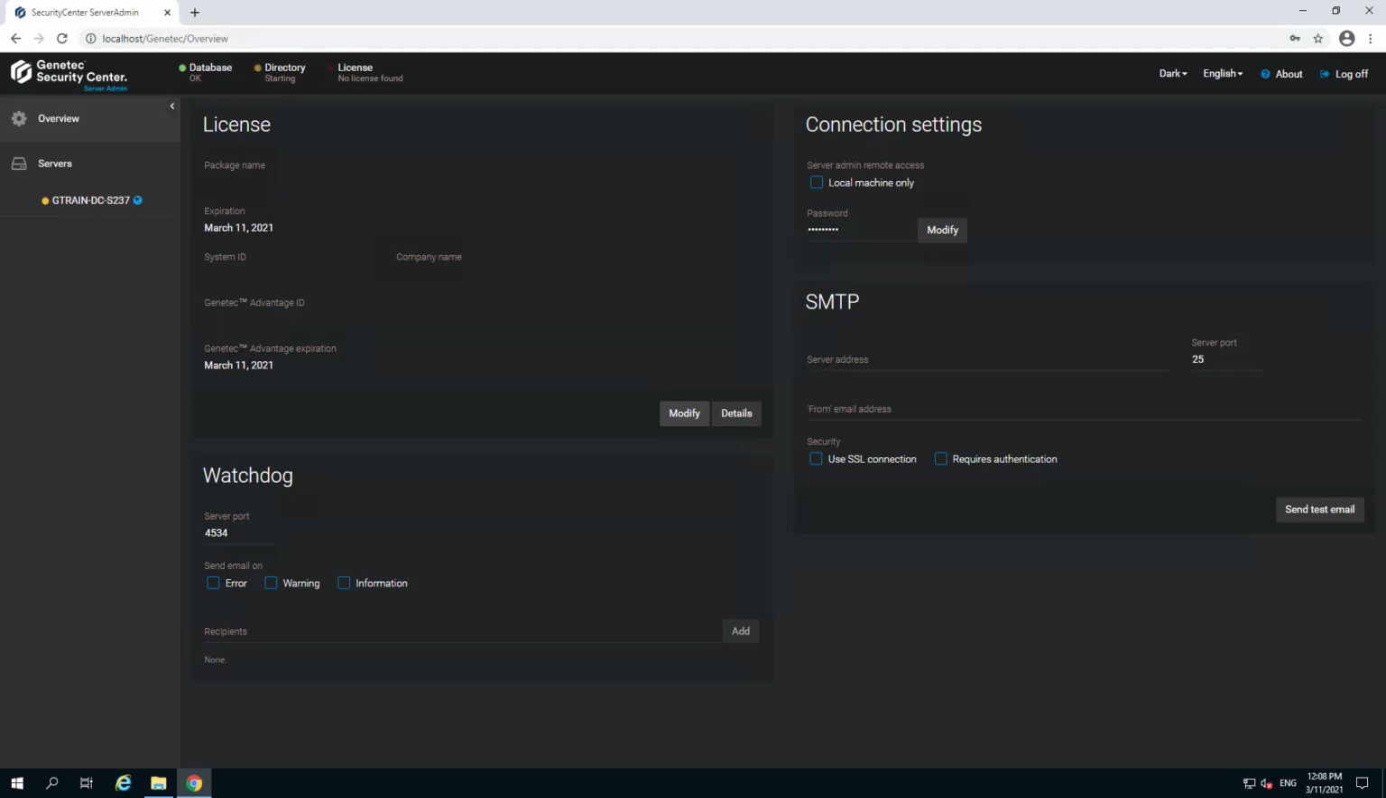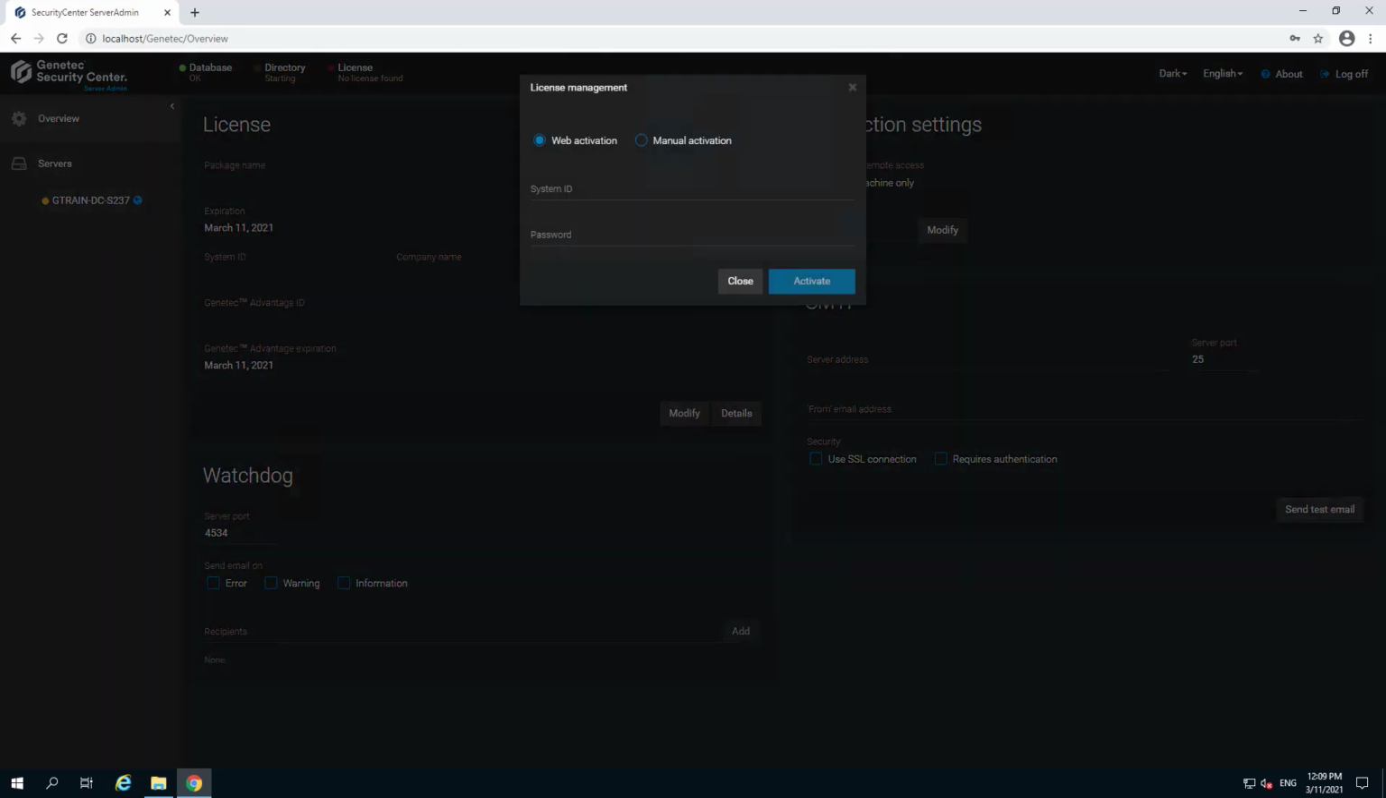Back to our newly installed server. So under the server admin's license section, I'll click modify. And if the server has an internet connection, I can use what's called the web activation to simply paste the system ID and password that I received previously by email and just put them in there. So I'm just going to go and copy and paste my system ID, and also from the licensing email, the password,